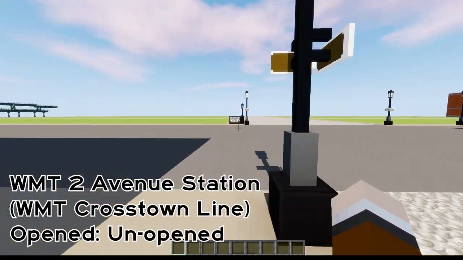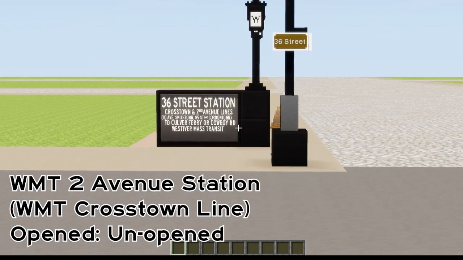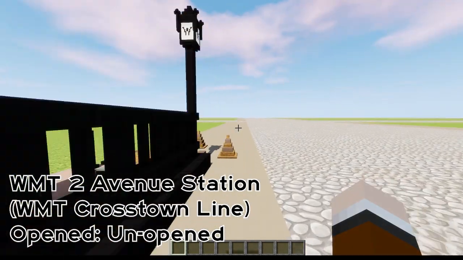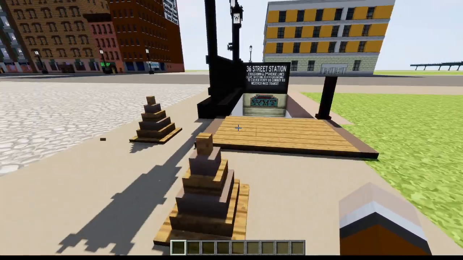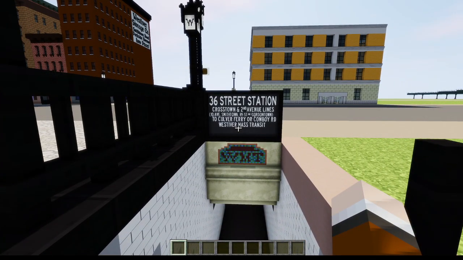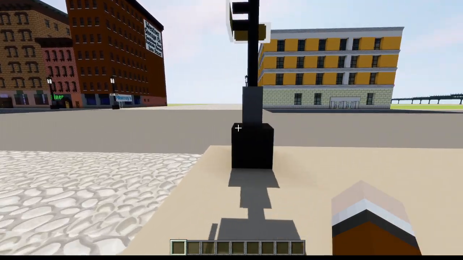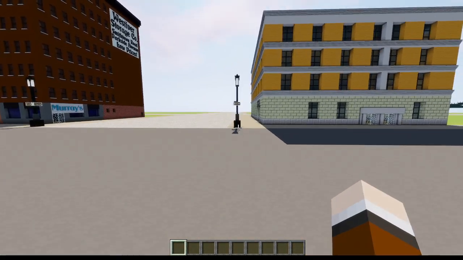Over here we have an entrance, 36th Street Station. This is the standard style of entrances back then, for some anyway. 36th Street Station, Crosstown and 2nd Avenue lines, 10th Avenue, Smithtown, 85th Street, and Gordontown to Culver Ferry or Cowboy Road, Westover Mass Transit. We've seen that one, so let's go into this one because this one's a lot